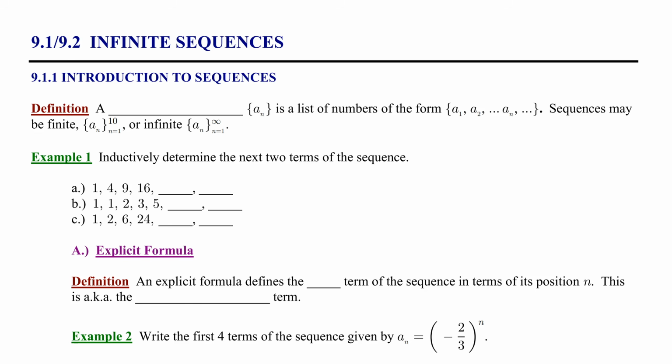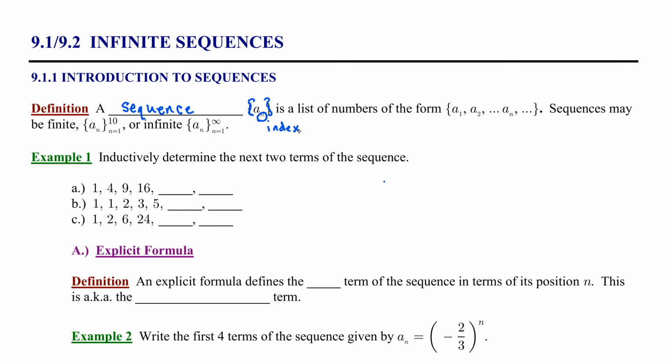So let's begin there. Definition. A sequence is going to represent a set, and anytime we denote a set in mathematics, we do so with curly braces. So we're looking at a set of elements that are described by this general term a sub n. A sub n is the term of the sequence, where n is the index of that particular term. So this sequence is a list of numbers of the form a sub 1, a sub 2, continuing this pattern, till we get to some general term, a sub n, and